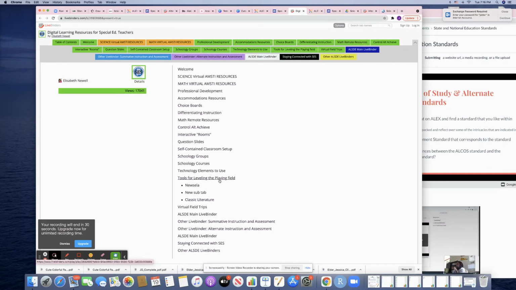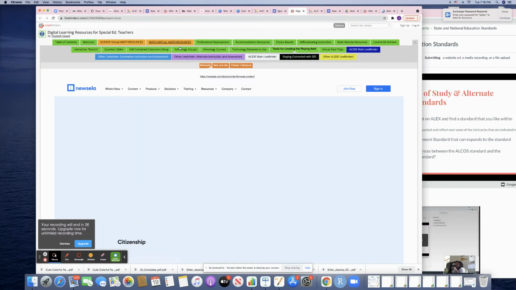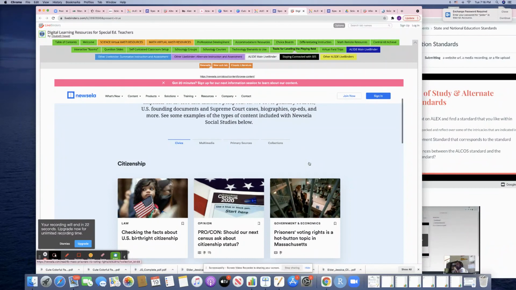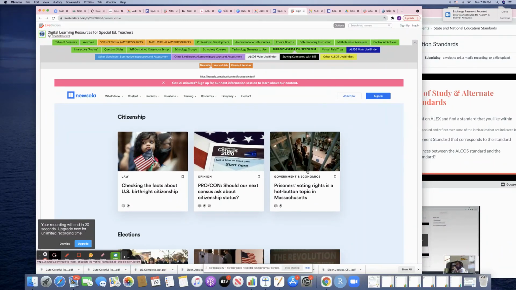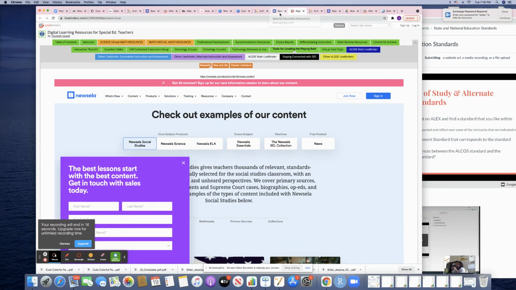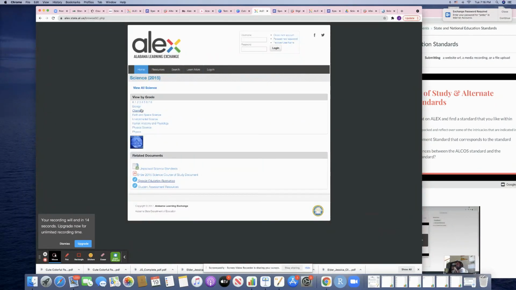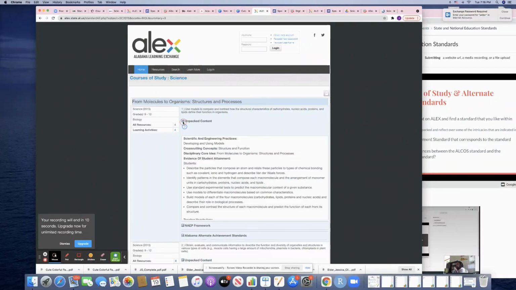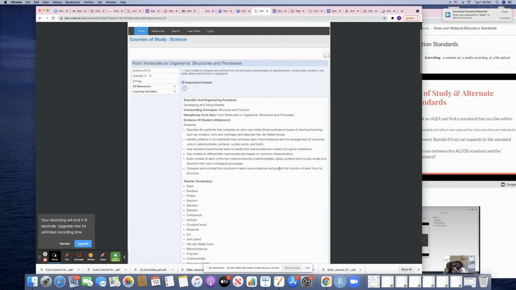Tools for leveling the news, Newsela, which is a really good resource that helps promote reading. And when you go to Newsela, it also has different reading levels for the topic that you choose. So this could be really good when you're focusing on the apply part. You could use this when you're comparing and contrasting. But here you're doing the structure